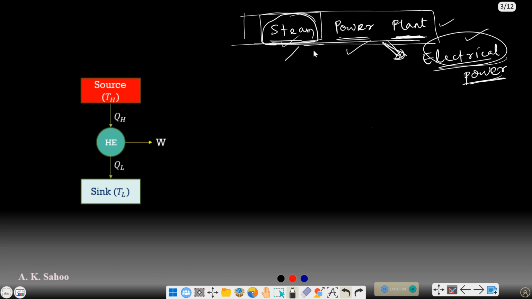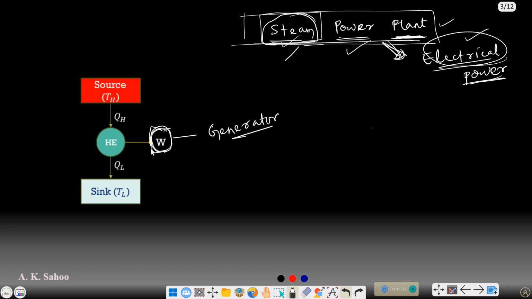Now let us try to understand that. In the case of any engine, this particular engine will produce work as output. Suppose we get mechanical work as output. Now if I feed this work to a generator,